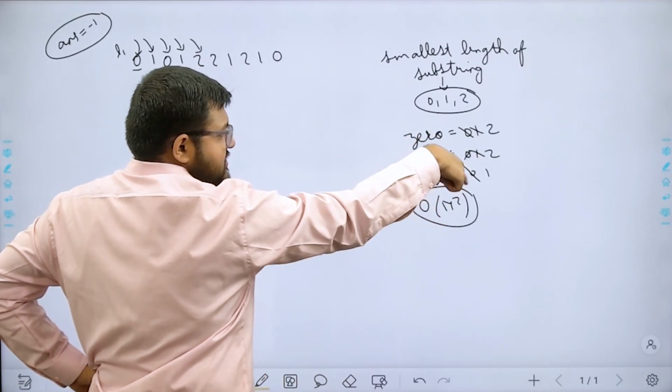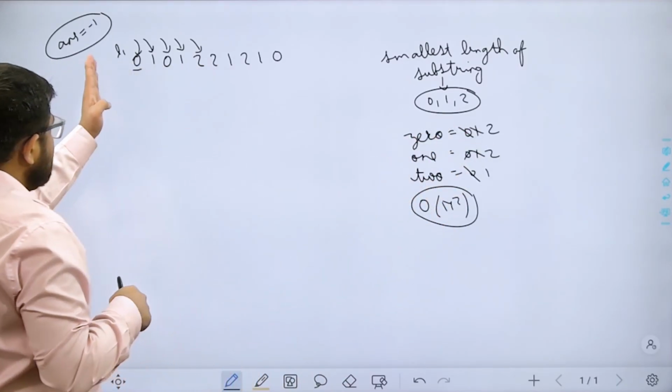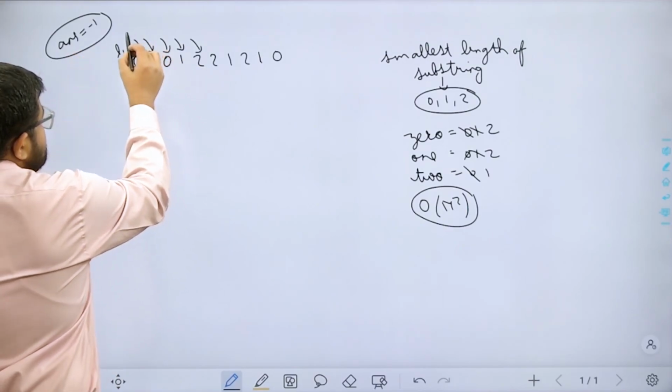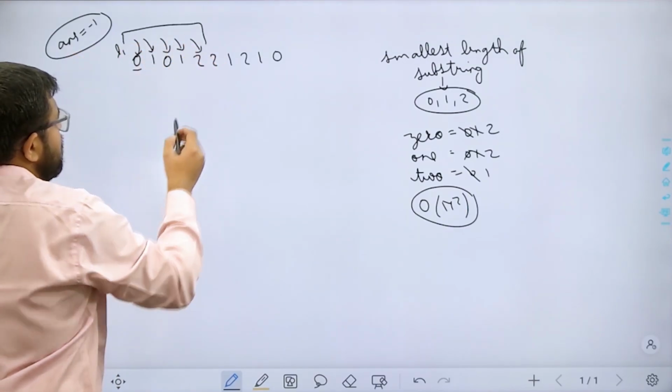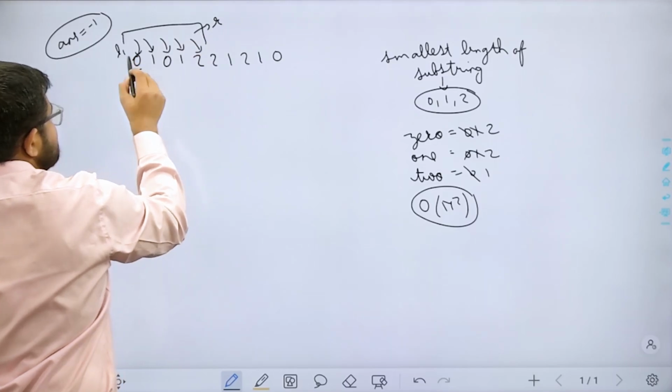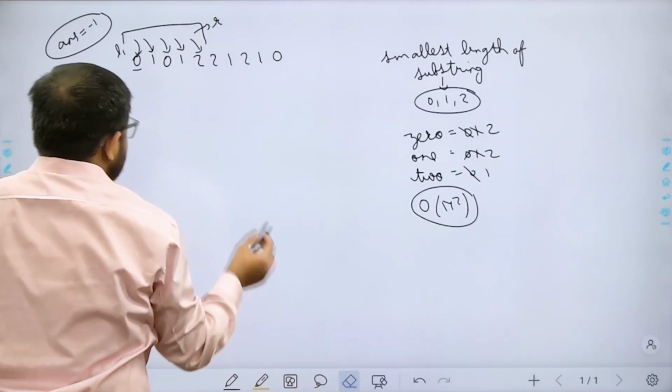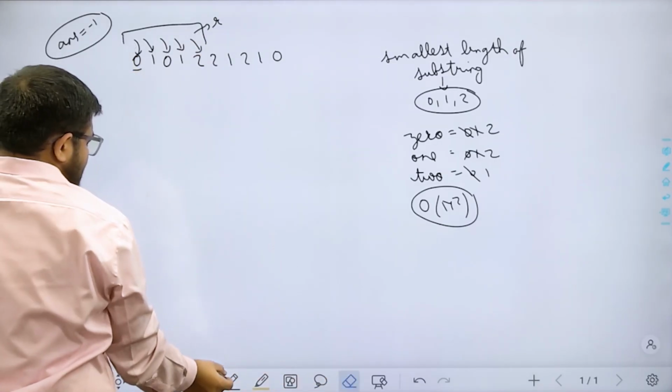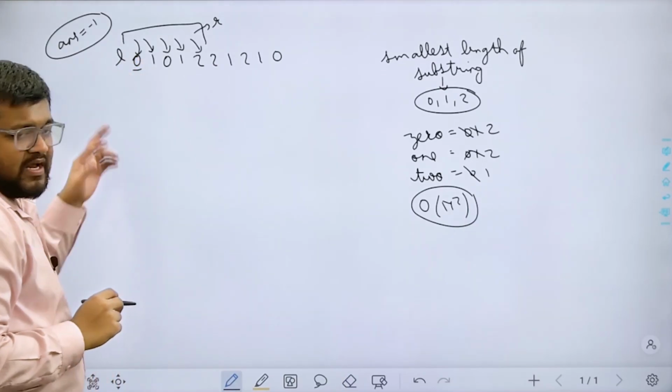Now all three are present. So what I will do, I will keep decreasing the size of this substring. This is my present substring. My R is here and my L is here. So I will keep decreasing the size of this substring from the left until all three characters are present,